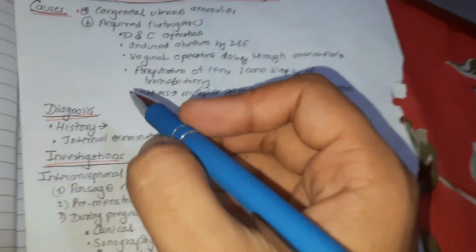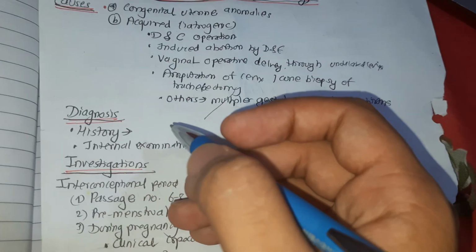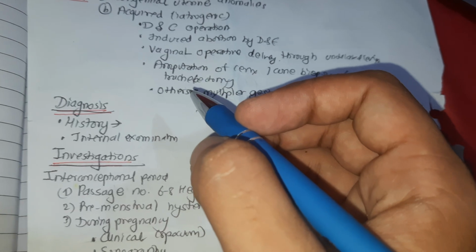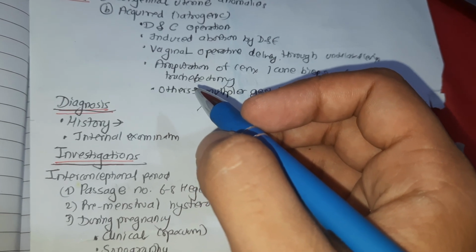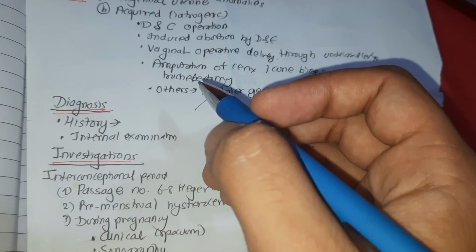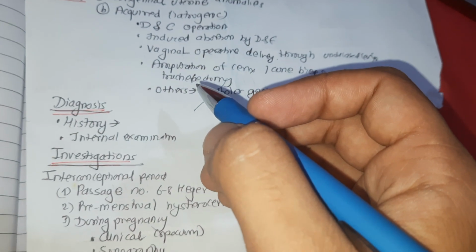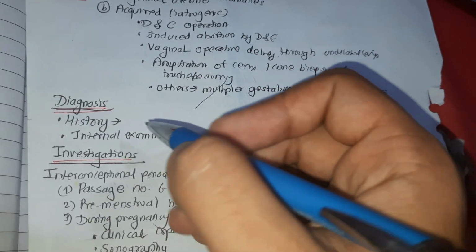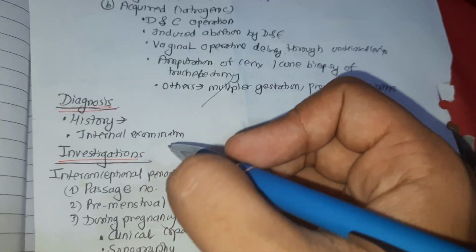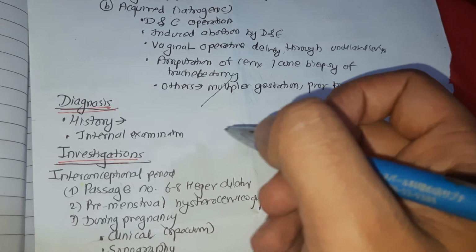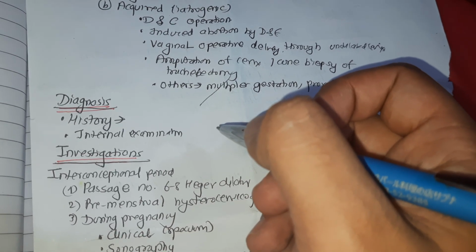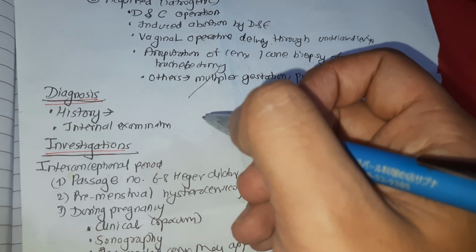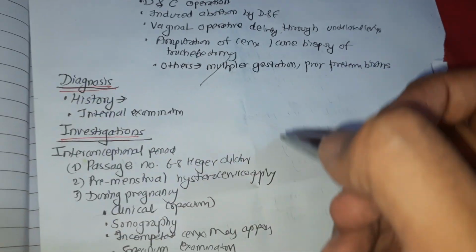The diagnosis of cervical incompetence is made by the history, that is, by recurrent mid-trimester painless cervical dilatation. Recurrent mid-trimester painless cervical dilatation without apparent cause and escape of liquor amnii followed by painless expulsion of products of conception are very much suggestive of cervical incompetence. On internal examination, in the interconceptional period, bimanual examination reveals presence of unilateral or bilateral tear or gapping of the cervix up to the internal os.